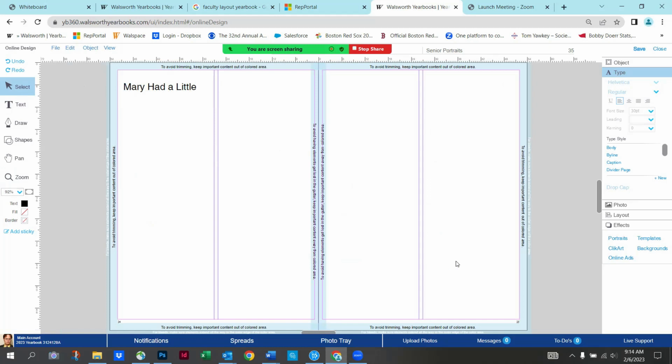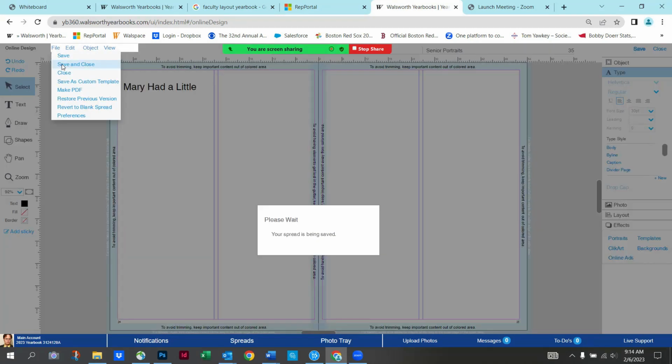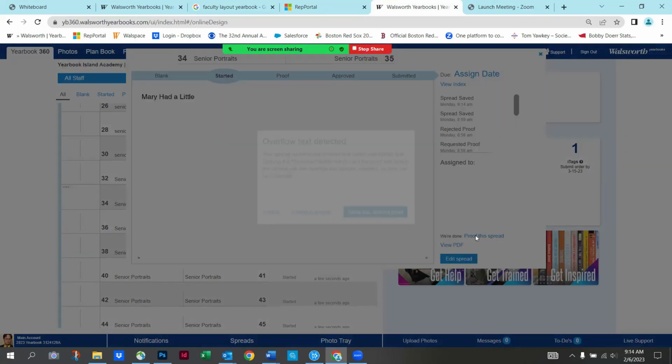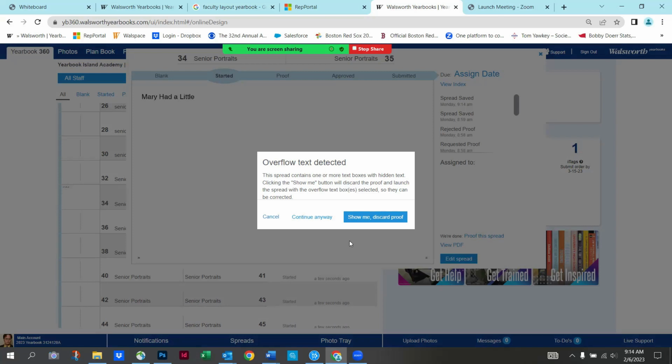You're looking at your page, everything looks good. You're ready to go. So you'll go out here to File, Save, and Close. Then you're going to click on Proof the Spread, but this message comes up, this overflow text or overset text. And what it basically is saying is something's cut off. Never, ever, ever hit continue anyway, unless you're 100% sure. And I'll tell you when you can do that. But really, it's not never, ever, ever, but 99.9% of the time,